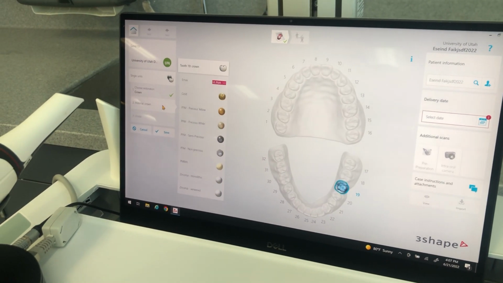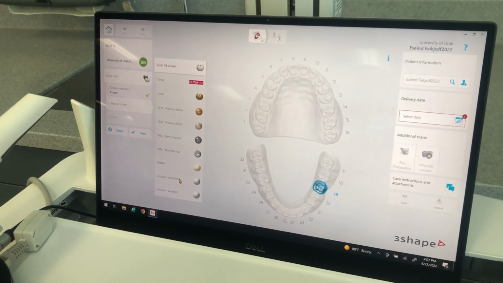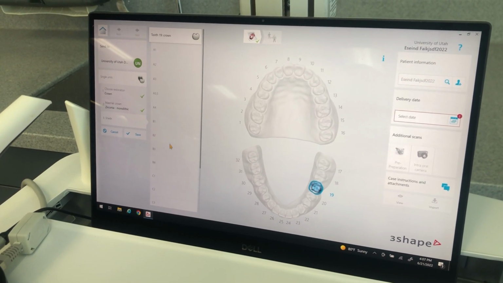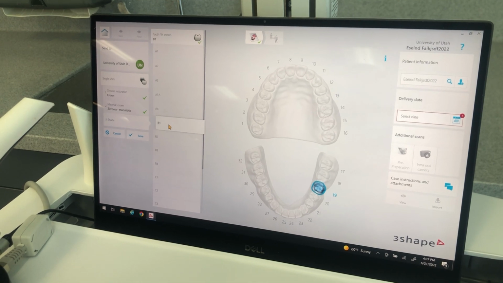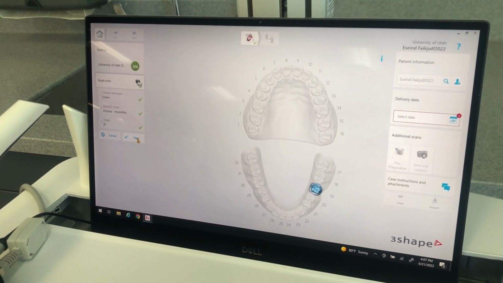We're going to tell it what material we want, which is monolithic zirconia. And we're going to choose a shade. You can choose whatever shade you'd like. Once you click Save,